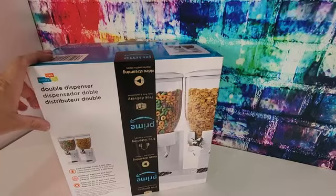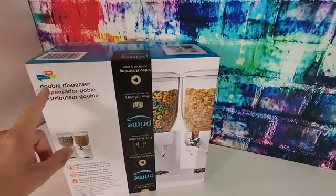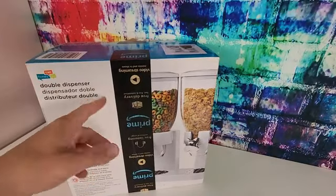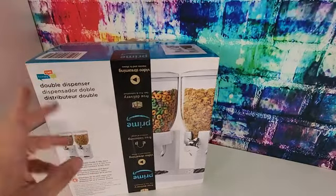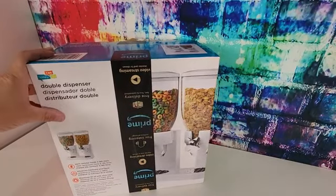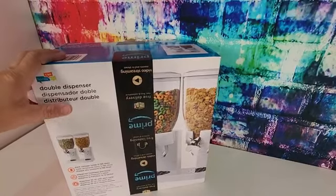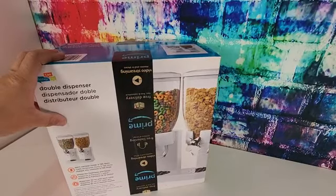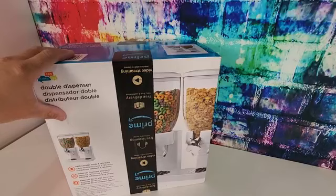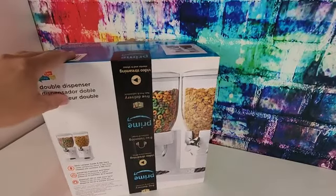In today's short and quick video, I'm going to be talking about the Honey Can Do double dispenser. If you haven't seen it, I also did a video on the single dispenser. This is the double, so this is taking my game to a whole other level. No, I'm just kidding, either way. But this just doubles the amount of cereal you can have, or treats, or whatever it is. So I wanted to show you quickly the difference, and we'll do the setup and what's inside the box and